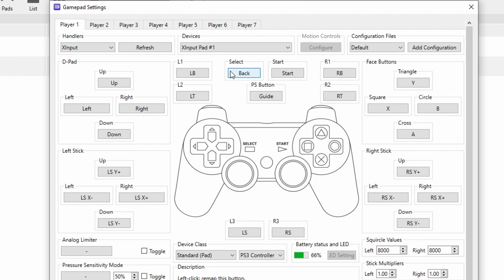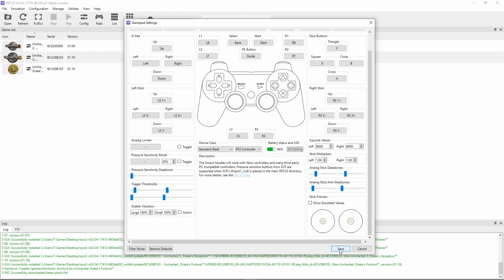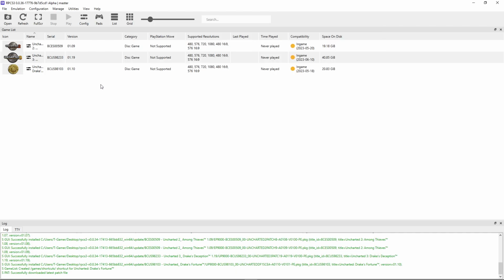And just like that, you should see the name of the device you're using and all the configurations already done by the emulator. And if you want to change individual buttons, you just have to click on the button you want to change and then press the button on the controller that you want to set this to. And when you're done, click on save and we are ready to start the games.